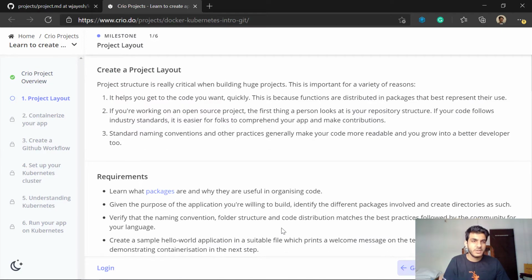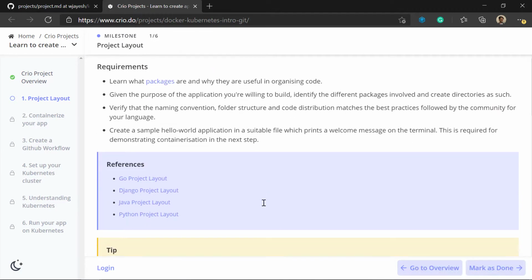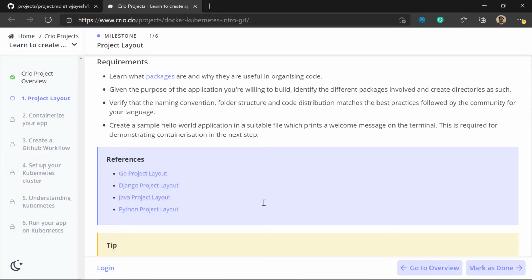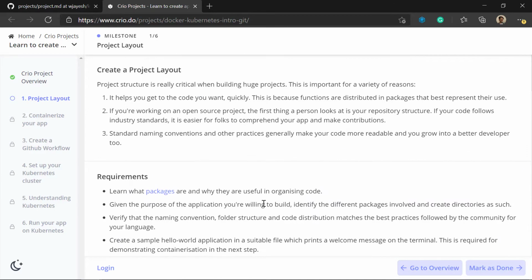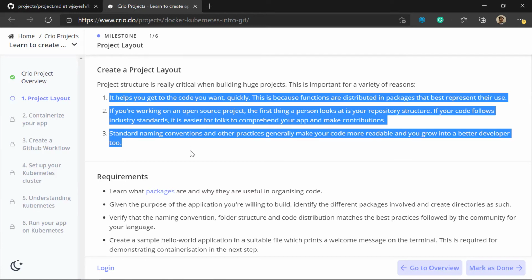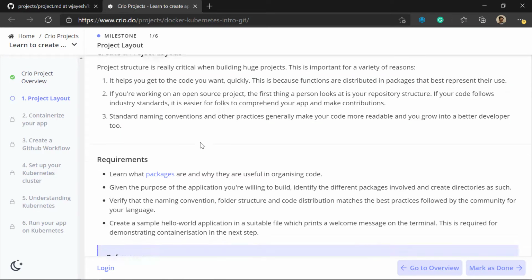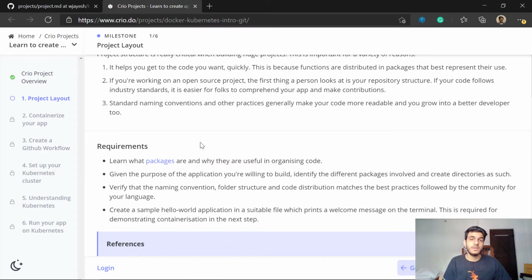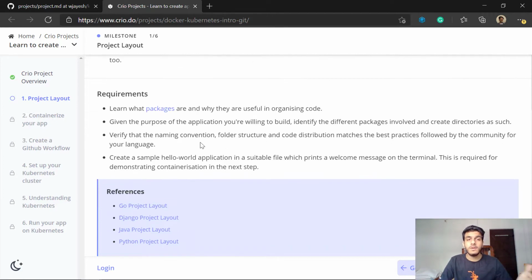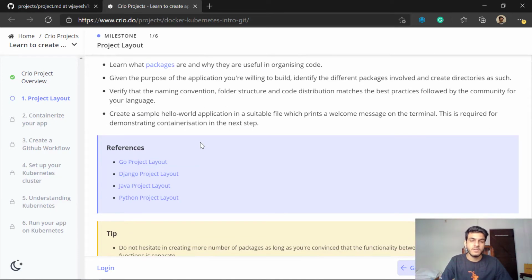You'll see the first one is the project layout step. In this one, I introduce you to the different benefits of having a standard layout. These are the benefits listed here. You can go read through them. Mostly it helps other people to explore your projects and understand what you're trying to do. If you have a standard layout across all projects, people who are already familiar with the layout will be much more comfortable understanding your project. That way you can have contributors as well. This is one of the benefits. There are other benefits as well.